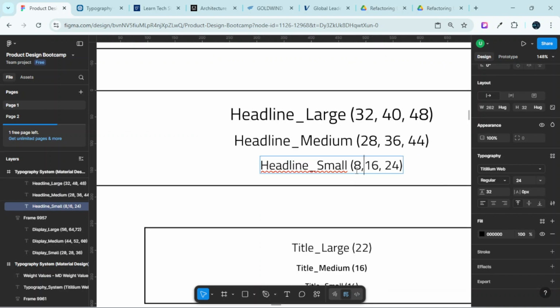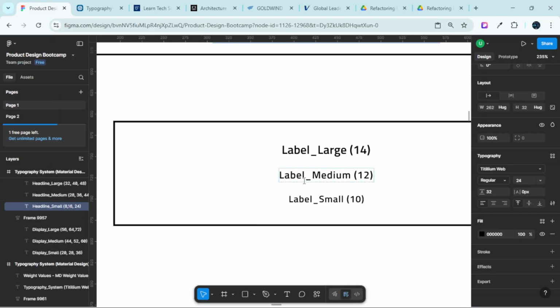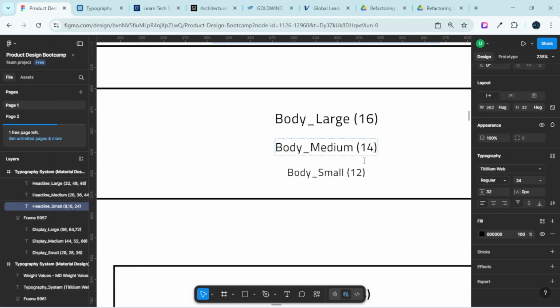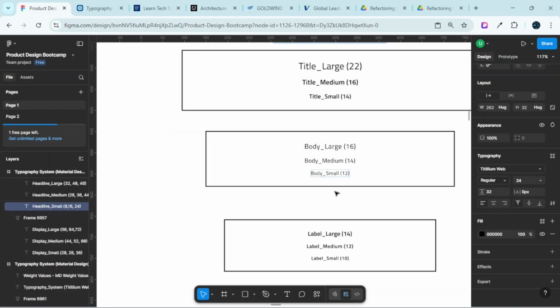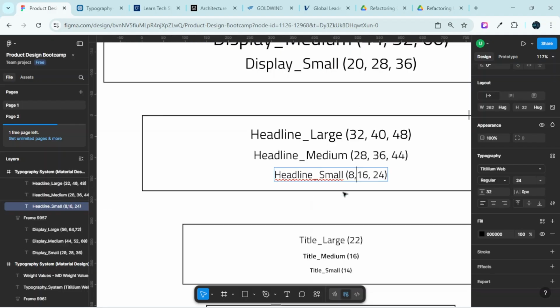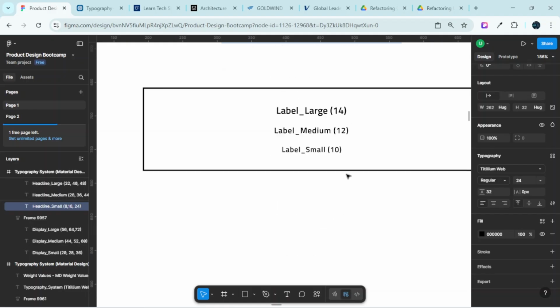But you can see that these values that I have here, 8 pixels, 16 pixels for my headline small text, are already here in my label large, label medium, and label small text, and my body large, body medium, and body small text, because we're not going to be creating a range for this. We are going to be using this exactly as we got them from Material Design. Now, since this small range of values is already here and already fixed here,